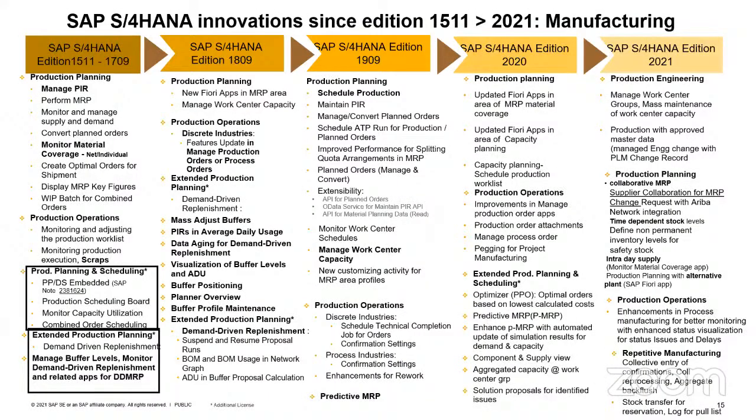Here in this slide, you can see the snapshot, the panorama view of the innovations which were made available to the customer as a part of different releases, wherein you also see here that very interesting innovations started getting added to the offering as a part of each and every release. That you can see here that production planning and detailed scheduling, PPDS, became part of the SAP S/4HANA manufacturing side